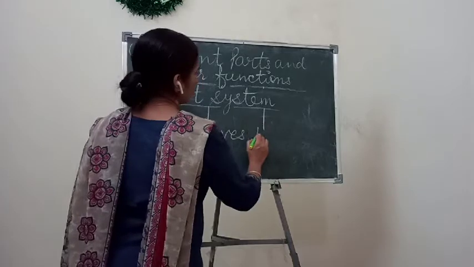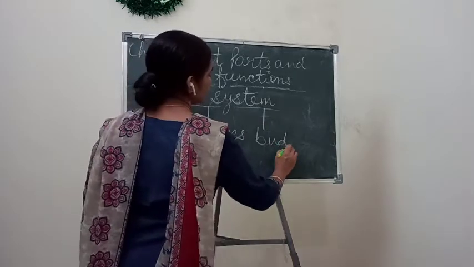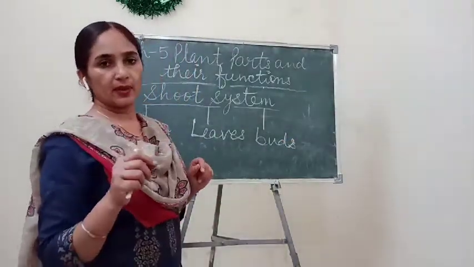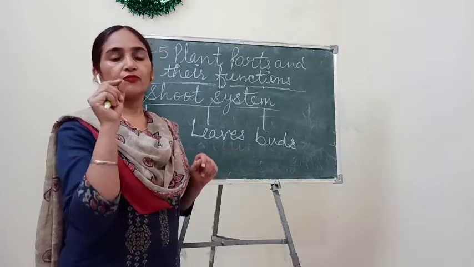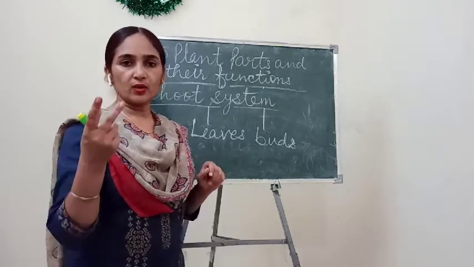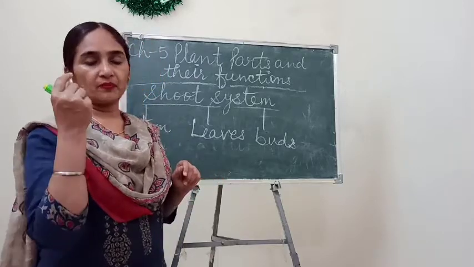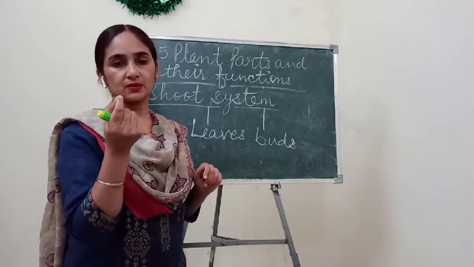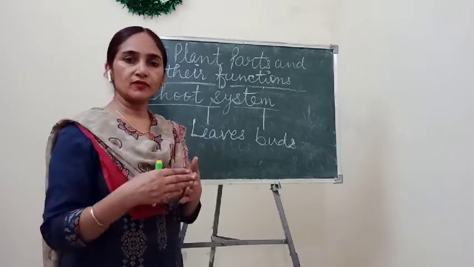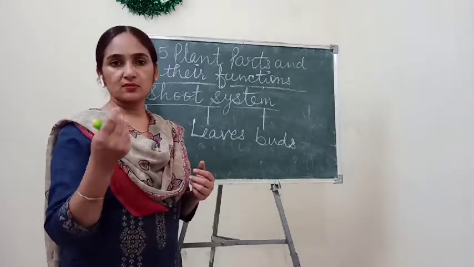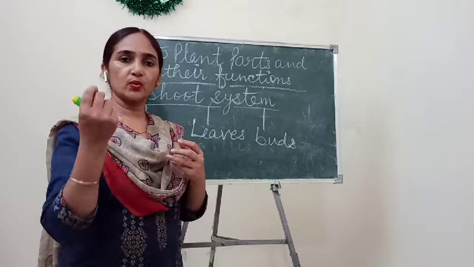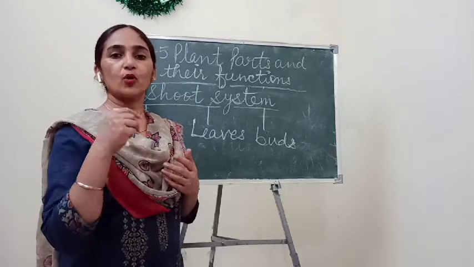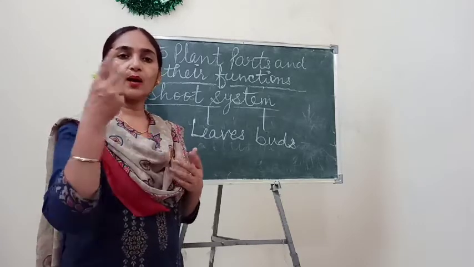After this we have studied about the buds. Buds are of two kinds, leaf bud and floral bud. Bud means a very young part from which a leaf can originate, because before the formation of a full leaf, one small bud appears, and after the appearance of the small bud, when the bud grows a little bit, then it will change into leaves if it is a leaf bud, and if it is a floral bud, then it will grow into a flower.